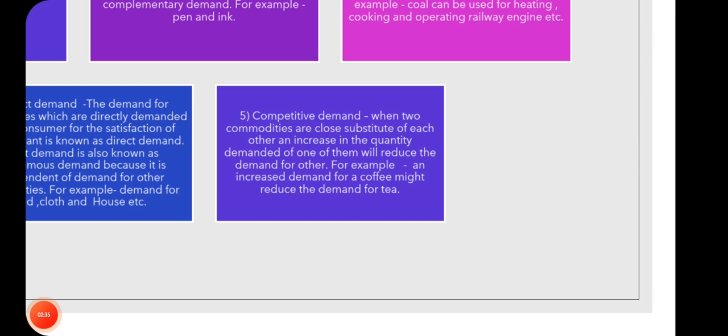Fifth one, composite competitive demand. When two goods are close substitute of each other, an increase in the quantity demanded of one of them will reduce the demand for other. For example, if the price of coffee falls, the demand for coffee will increase,